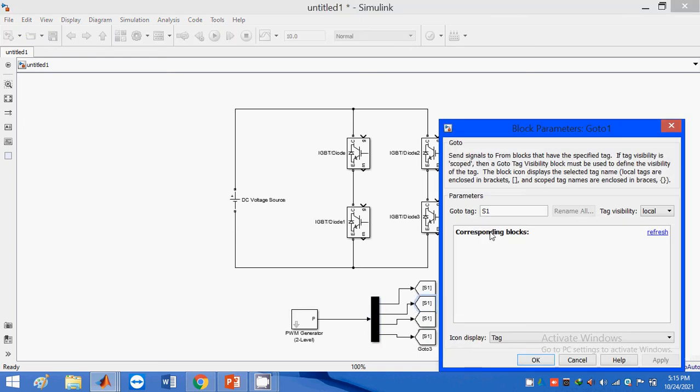Change the terminal names: switch 1, switch 2, and like this way for 4 switches.